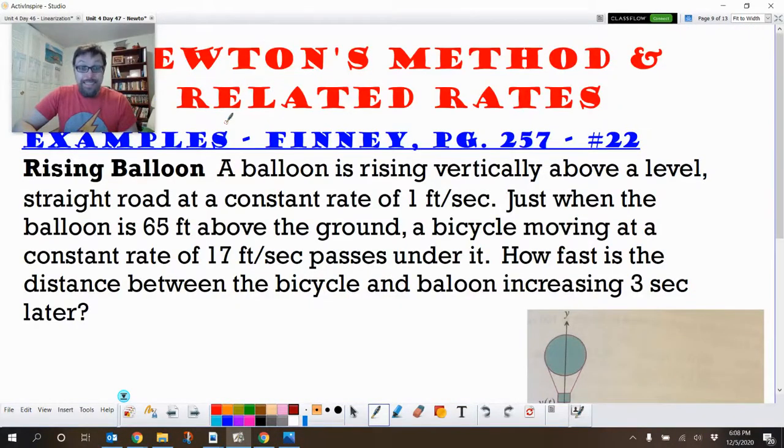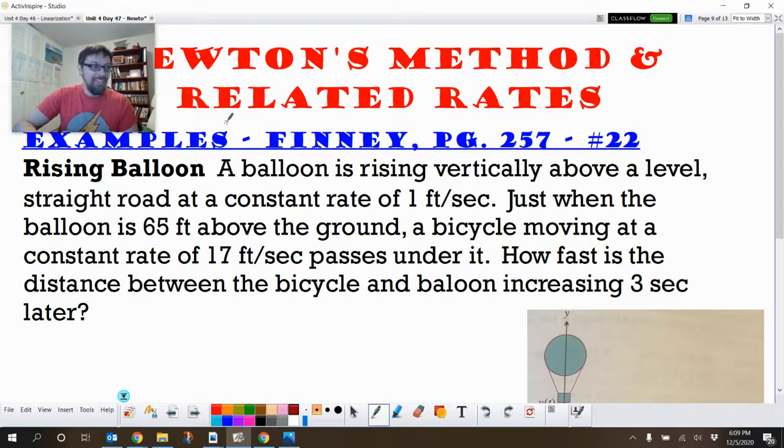All right, in this example, we have a rising balloon. A balloon is rising vertically above a level straight road at a constant rate of 1 foot per second. Just when the balloon is 65 feet above the ground, a bicycle moving at a constant rate of 17 feet per second passes under it. I'm really excited that these rates are identical, otherwise I'd be in trouble. How fast is the distance between the bicycle and the balloon